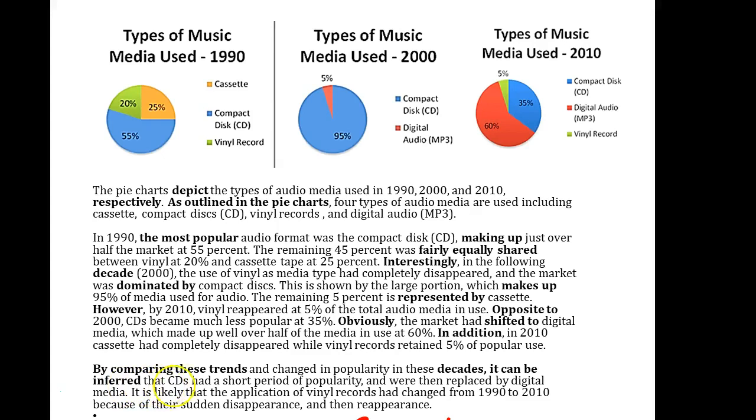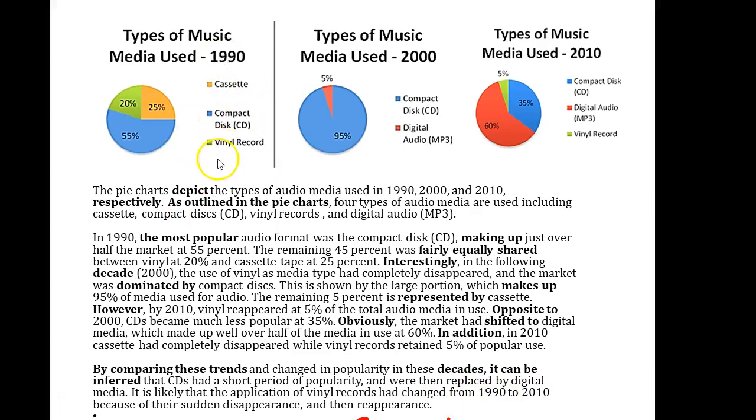What's the conclusion that we can come to? It can be inferred that CDs had a short period of popularity, meaning they appeared at a certain period and then their popularity decreased and were then replaced by digital audio or media. It is likely that the application of vinyl, now in the end, what happened to vinyl? It reappeared, had changed in popularity also from 1990 to 2000 because it was popular to a certain extent in